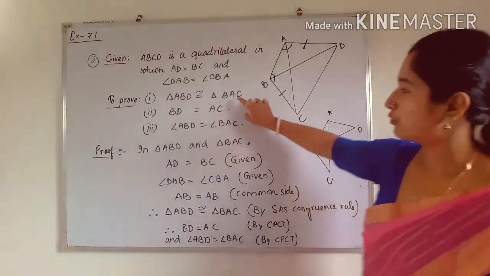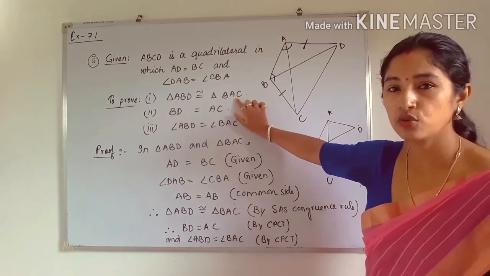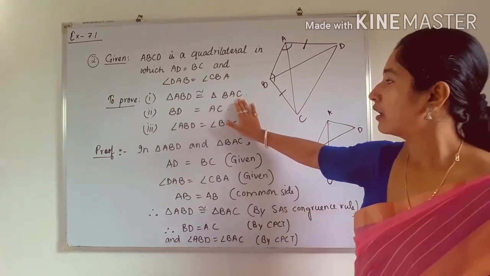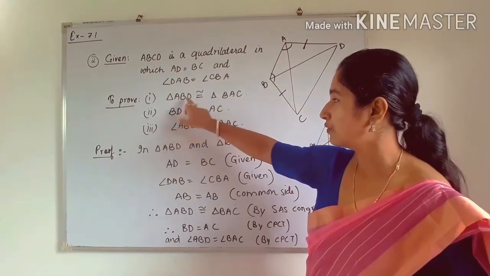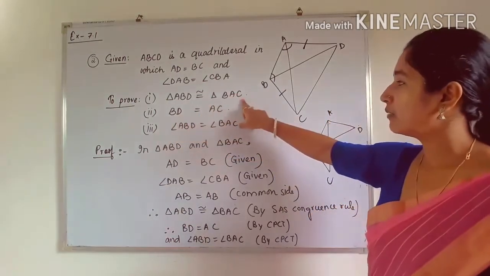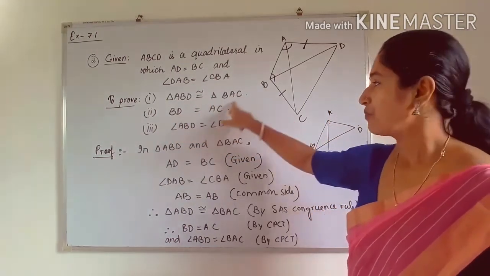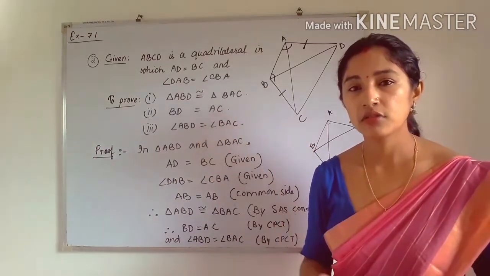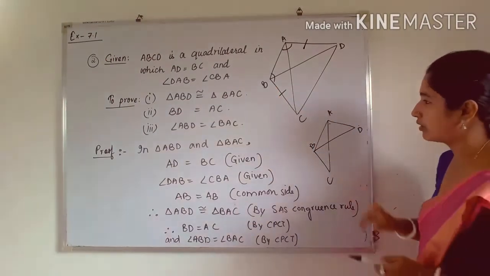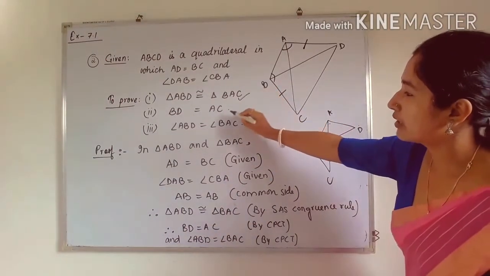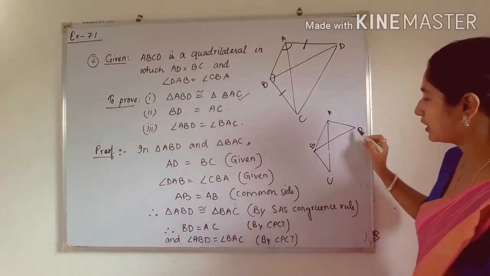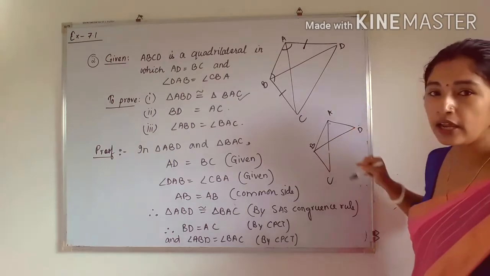That means if we do the proof of the first one, that the triangles are congruent, then the part of this triangle is BD. Okay, the element of this triangle is BD. Similarly, the element of this triangle is AC. Element you can also say the part, or you can say remaining part. So remaining parts are equal. If you prove this one, then you can say by CPCT BD is equal to AC because BD is the part of triangle ABD and AC is the part of triangle ABC.